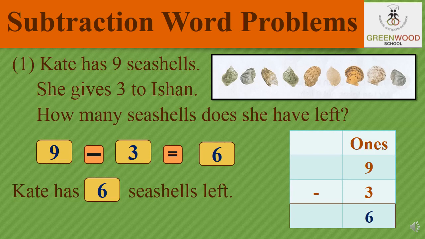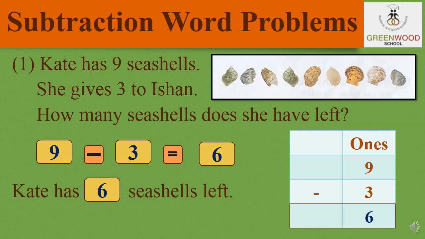In the first box, first number, that is 9. In the second small box, now the subtraction sign will come. What is it? One single sleeping line. In the third box, the second number will come, that is 3. In the fourth small box, the equals to sign. And in the last box, our answer.